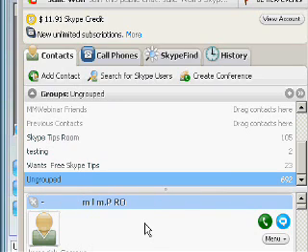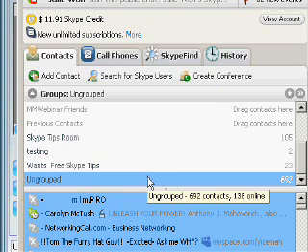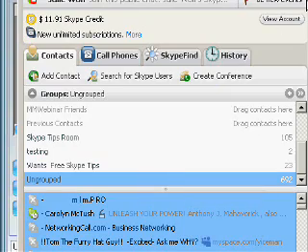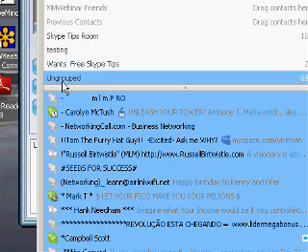You can do that by clicking on your ungrouped and then holding your control key down on your keyboard and pressing A for all, and it highlights all of your contacts in the ungrouped. Ungrouped, that group is where all your new contacts go that you haven't moved to any other group. So I'll give you another example. In the